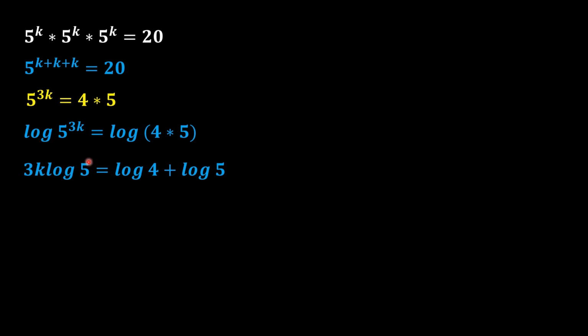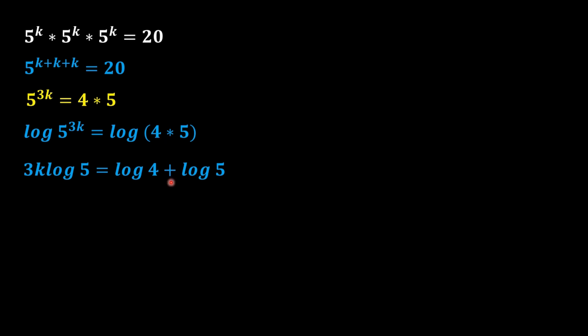And on the other side of the equation, from the basic property of the log, when we apply a log on two values that are multiplying together, after applying the log, this log will apply individually to both of these values, and this multiplication will convert into a positive sign. So here we should apply the same rule. As a result, this can be written as log 4 plus log 5, because we write log individually with both of these values, and this multiplication will convert into a plus sign.